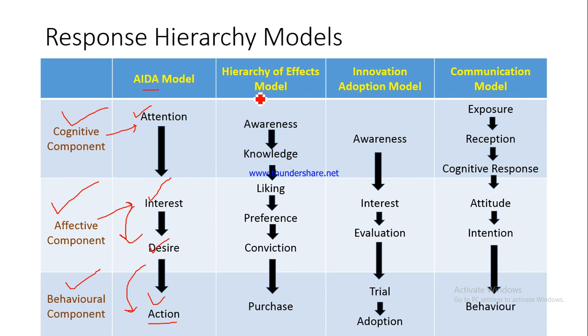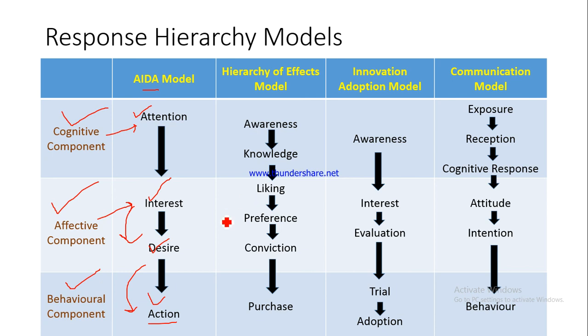Now if you talk about the hierarchy of effects model, another model which has been suggested, it says that basically there are 6 stages. First is awareness, where the customer is first aware of the existence of a product or a brand, and then he increases his knowledge level about that particular brand, then he starts liking it, then he starts preferring it. Liking brought to an extreme is preference. Now liking is he likes A and he likes B also, but preference is he likes only A,